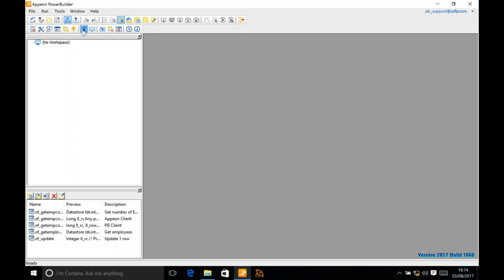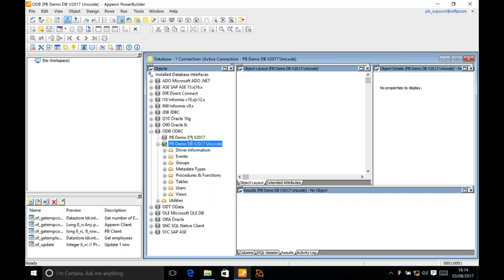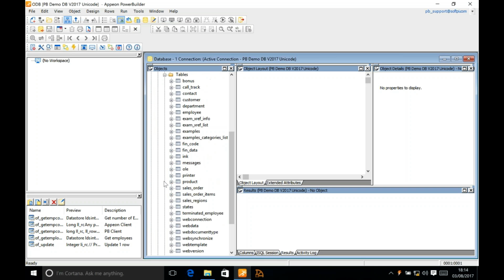So let's move on and we create our first web service. As I said, a web service that connects to the database, performs retrieves, and returns some data. I have an ODBC connection to the sample PowerBuilder database that you all can find when PowerBuilder 2017 installation completes. Here there exist a few tables. We're going to play, for example, with employee, this table over here, and this table has some 75 rows,